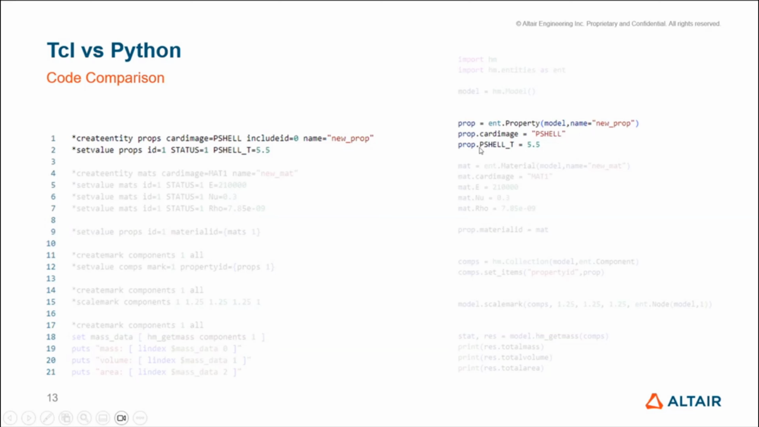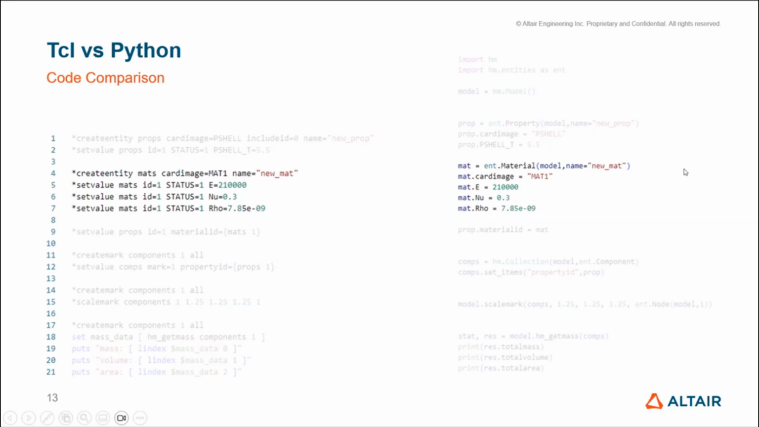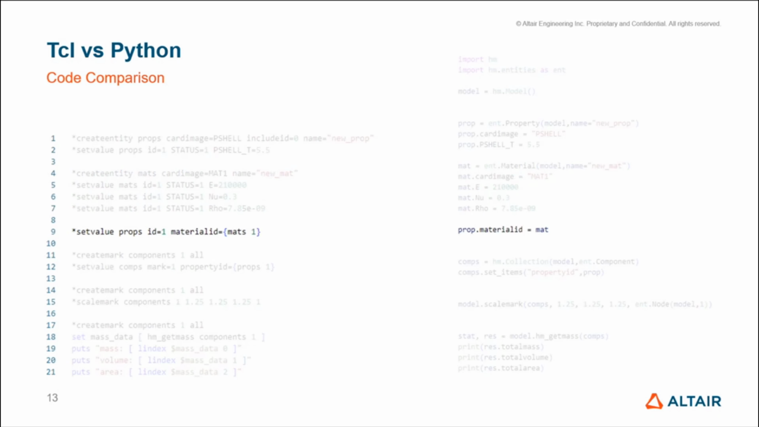Once you've got the property, we can create the material object. Again, proceed with defining the card image and define all its attributes. Once we've got the material, we can assign it to the property. Here you can clearly see that the step is more straightforward compared to TCL. You simply grab your property object and define the material ID attribute. Again, please excuse these small details, as in we're calling the attribute material ID, but we are referring to